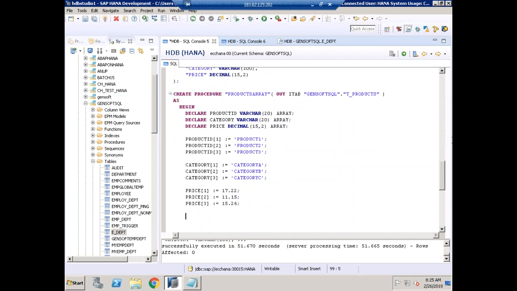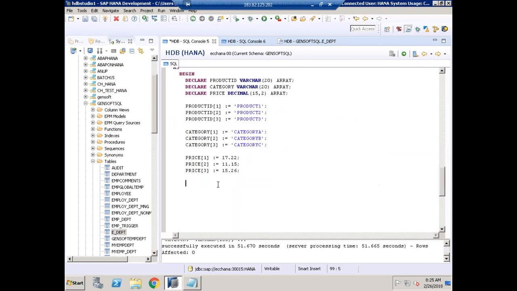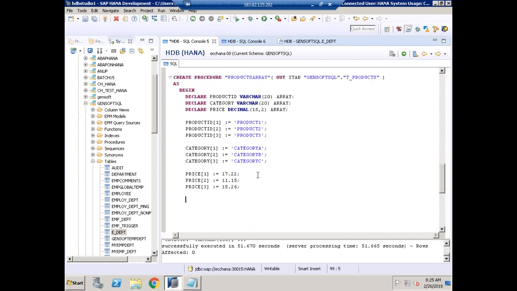My output parameter is referring to what? It is referring to one table type, which is capable of holding three columns: product ID, category, and price. So here, what is my output parameter? I declared it as itab. So I'll say itab